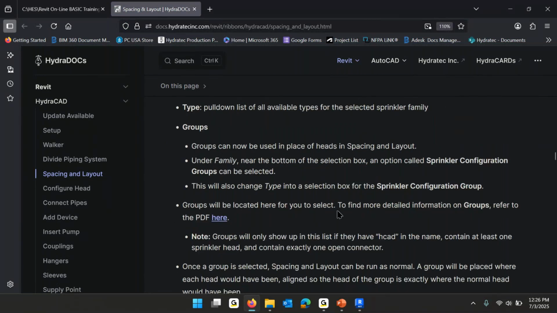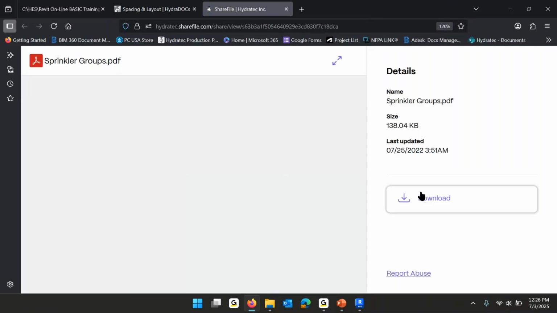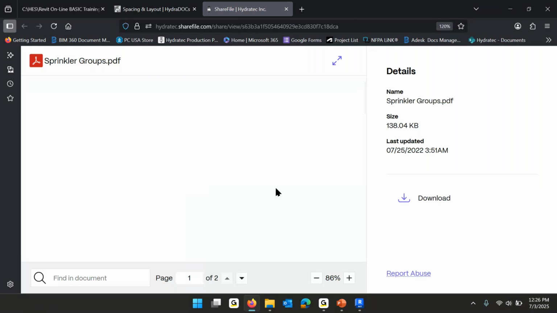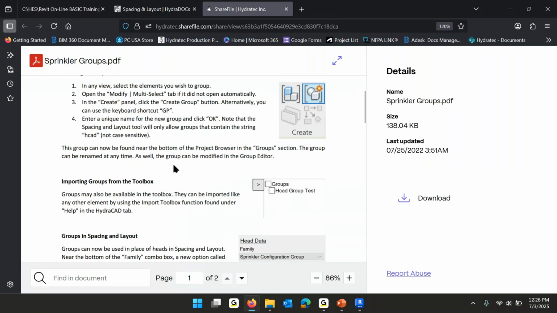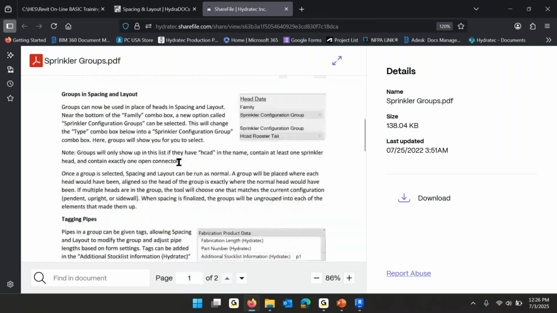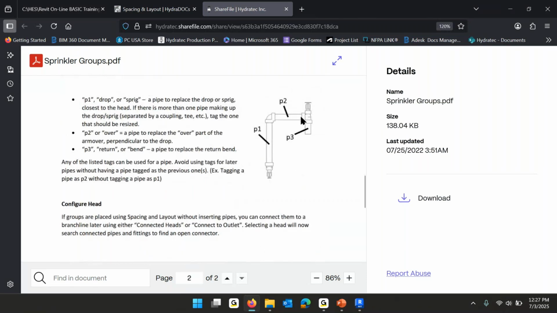Groups will be located here for you to select, and there's a PDF on how to use a group. And I'm not going to read this to you. I'm just going to say you just go in a section view and create the connection that